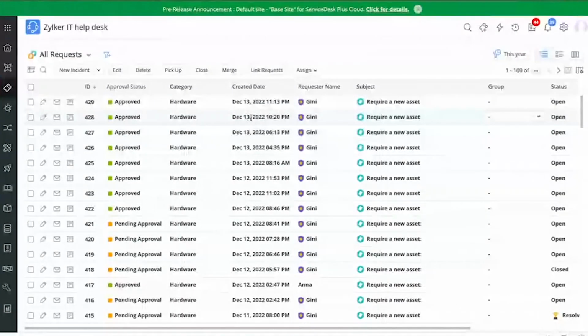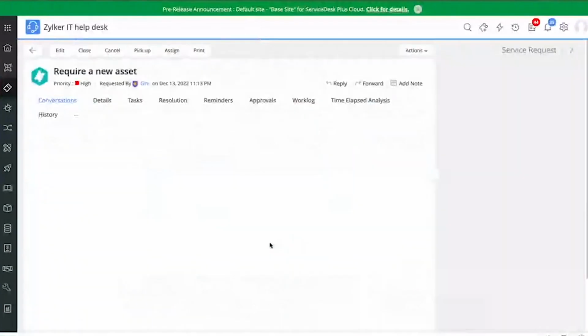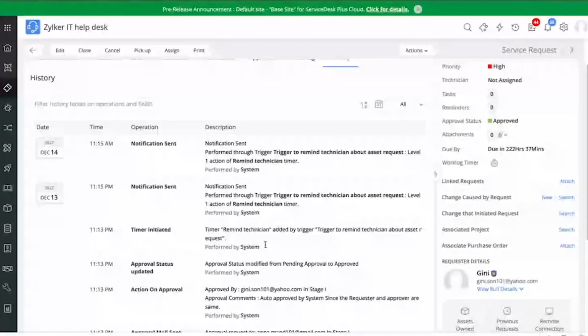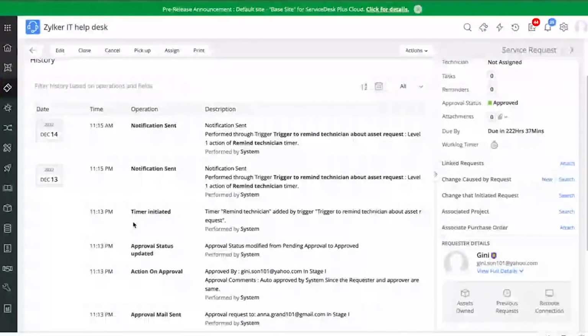This is the request list view. Let us open one of the requests that an end user has raised to request an asset. Now, under the history tab, you can see that the time-based action has already been initiated, and Zilker has used the timer actions to send notifications at a certain frequency to keep reminding the technician